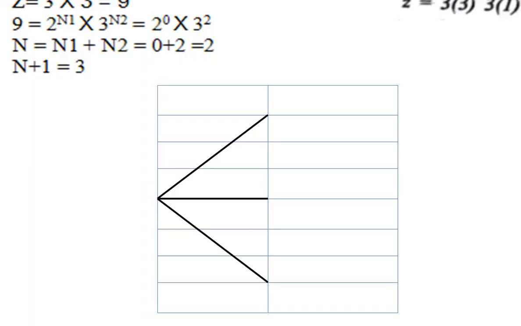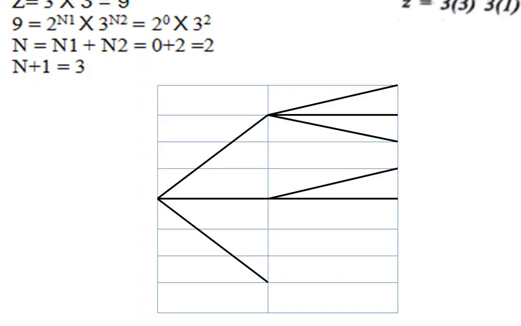Wherever this 3 into 3 ended, from those points we are going to draw 3 lines with the spacing of 1. 3 into 1 means 3 lines with the spacing of 1. So this is my first line, this is my second line. You can see the gap between them is 1. Again this is the third line. The gap between the first line and second line is 1, and second line and third line is 1. Same way the gap between these two lines is 1, and the gap between the middle line and the last line is also 1. Again the gap between these two lines is 1, and the gap between the middle line and the last line is 1.